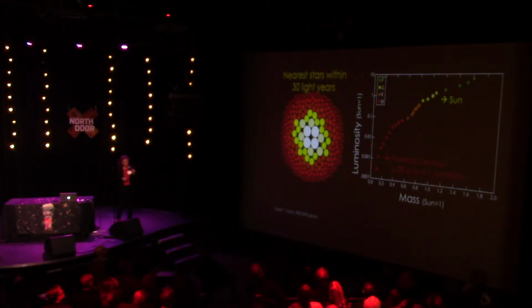So this here shows you the number distribution of stars in our galaxy. They're not organized this way, right? They're randomly distributed on the sky, but it's just showing you that if you take the nearest stars within 30 light years, there's about